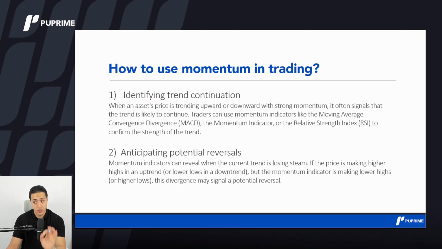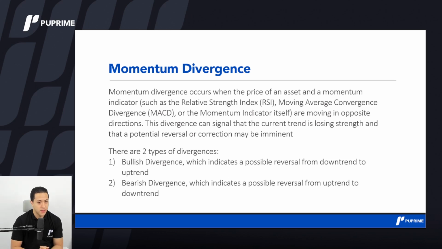However, the divergence, which is this very simple word here, divergence, is the only leading indicator in the market. It will give you the sell signal before prices move lower. It will give you the buy signal before prices move higher. And yes, it's the only leading indicator in the markets. How is that? Let's discuss momentum divergence. Pretty simple.